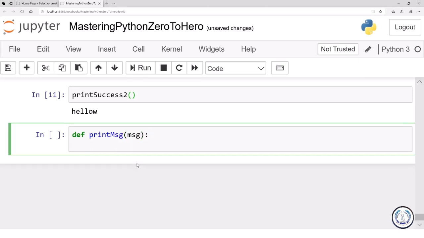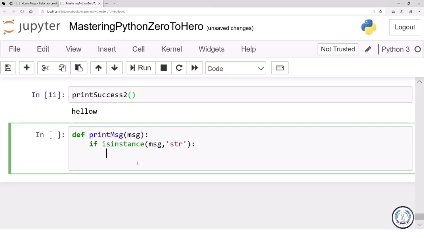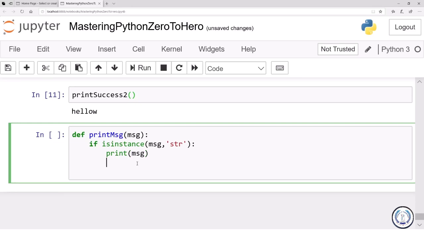Let's say we say print message, or further, let's say we say if isinstance message string, if this is a string, then simply print it. If this is not a string,